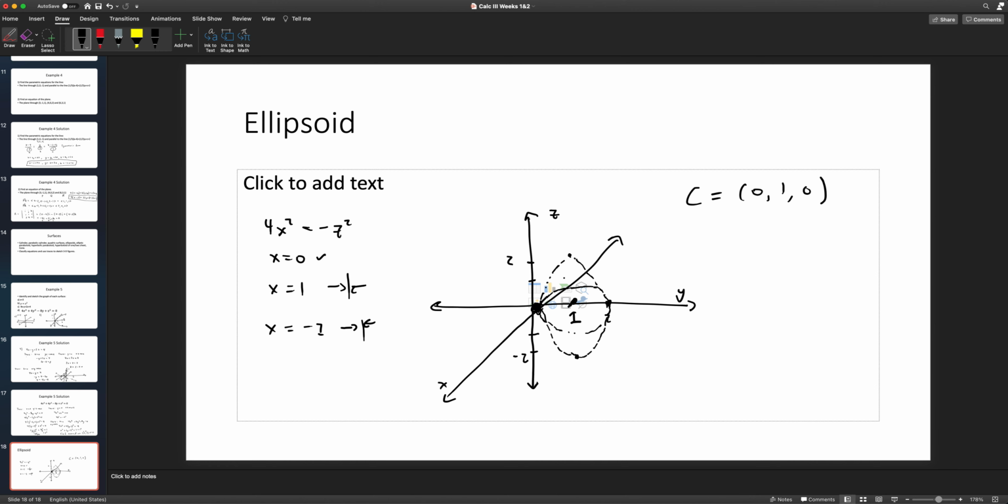So what our ellipsoid kind of looks like is this, but with this ellipse here just rotated 360 degrees. So let's just